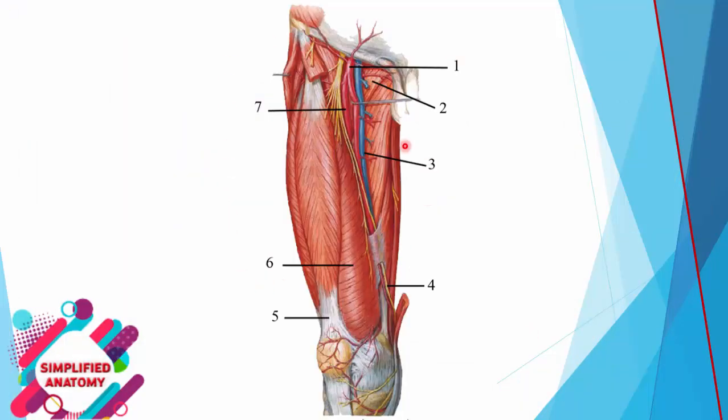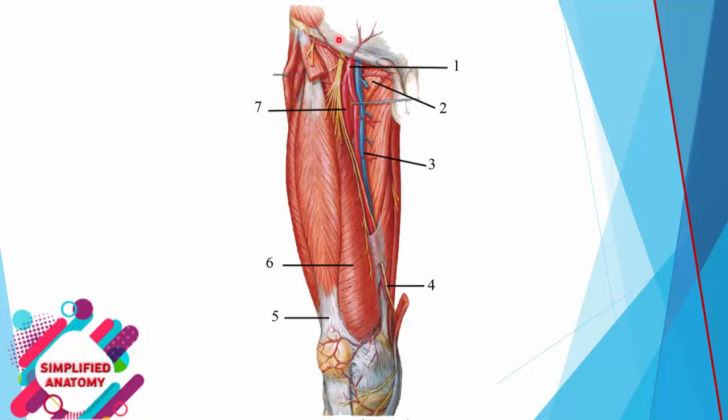This diagram shows anterior view of the thigh after removal of the sartorius muscle. Here is the cut edge of the sartorius. So these muscles are quadriceps: rectus femoris, vastus medialis, vastus lateralis, and if you remove the rectus femoris you will find vastus intermedius. The heads are inserted into quadriceps tendon, number 5, inserted into the patella, extending from the patella, ligamentum patellae, to the tibial tuberosity.